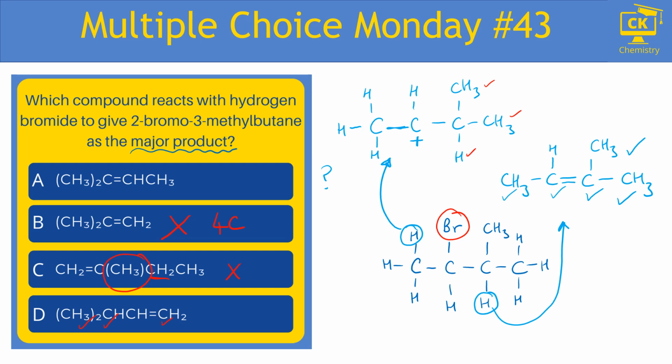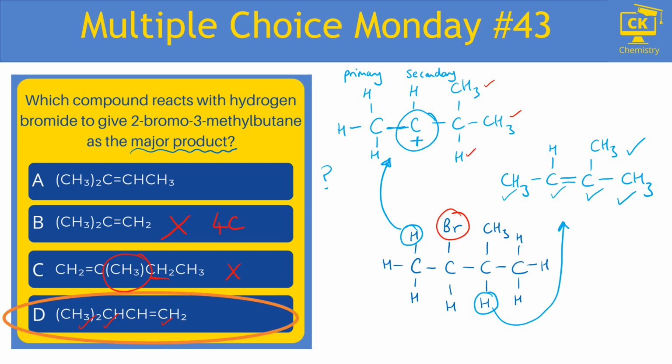That would mean that I've got a choice of primary, because this carbon would be primary, it's at the end of the chain, or secondary carbocation. Now, the more carbons there are attached to the positive carbon, the more likely that positive carbon will form, the more likely the plus will be in that space, and the more likely the bromine will be in that space. So that means that it's the secondary carbocation that is more likely to form, and therefore the bromine attaching to the second carbon is the most likely product, which means that my answer is going to be D,